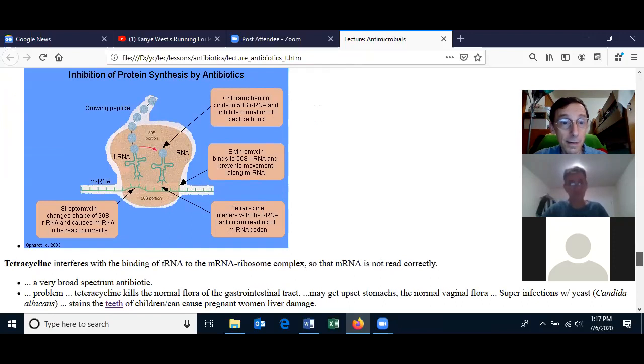And we'll talk about each of these in a little bit, but you can have an antibiotic actually interfering with the tRNA's ability to read the messenger RNA, and so that gets read incorrectly, and that can be lethal to the cells because protein translation won't happen correctly. You can have an antibiotic binding to the ribosome. It's actually the ribosomal RNA, but it's the ribosome.